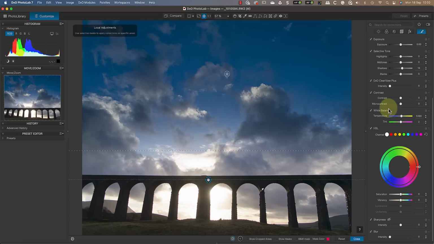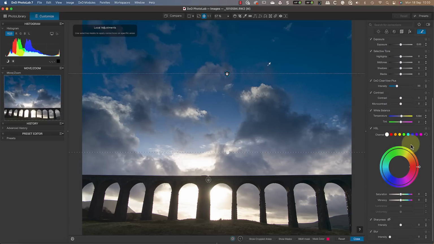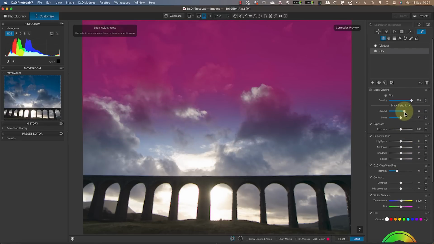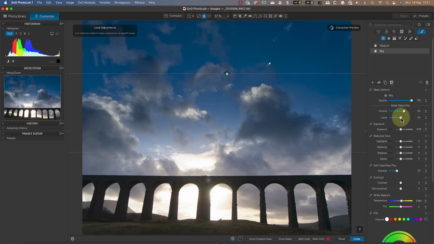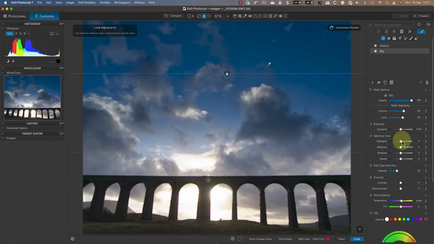I hope others like Adobe pay attention and add a similar feature to their software. Let's say that we now want to choose the sky adjustment and alter just the blue. Although the control line selected the blue area of the sky, it does spill over into surrounding clouds. I can refine it to a degree using the chroma and luma sliders, but combining these with the HSL tool gives much greater control.